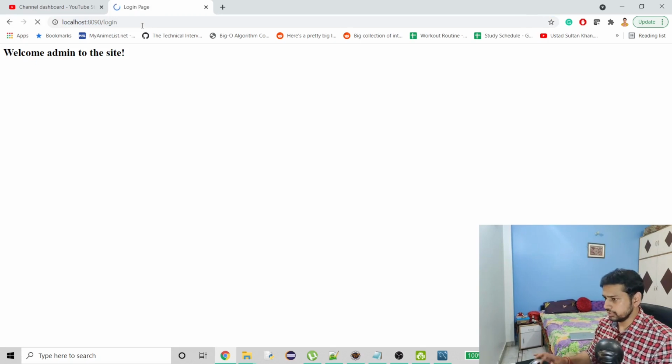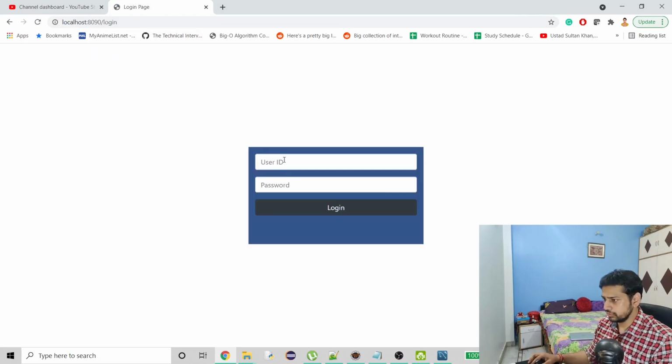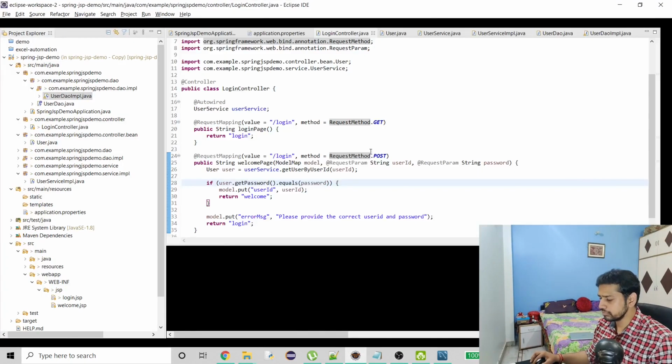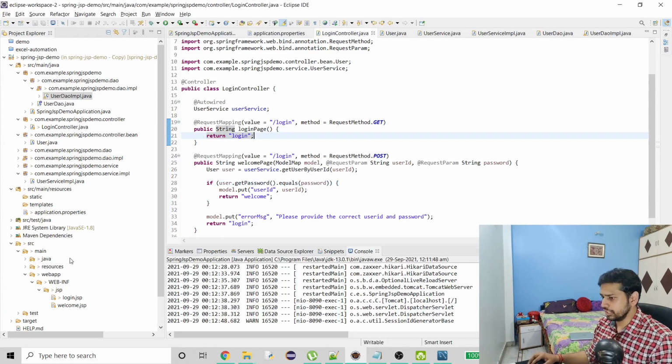Now you can try to hit a wrong password also to see if it is working fine. Okay, so I forgot to remove my changes from the JSP, so this is how it is displaying that. So let's quickly come down to the JSP.